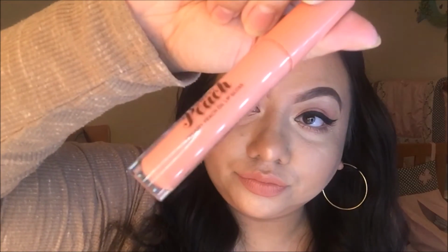Now to fill in my lips, I'm going to go in with the Huda Beauty. And this is in the color Bombshell. I love this thing. It's a nice nude with a pink undertone. You can do whatever lip you want. This is just my preference. And then, just because I want a little bit more of a glossy look, I'm going to go in with my peach lip gloss. And this is in the color Peachsicle. This thing like tastes and smells so good. Like, I don't think it's edible, but